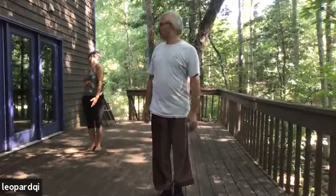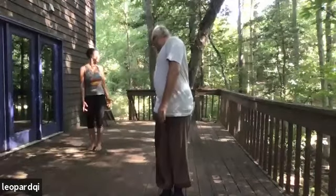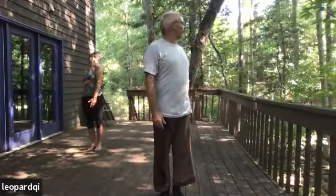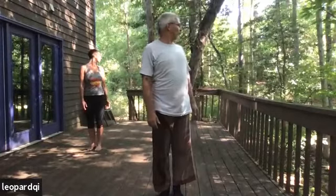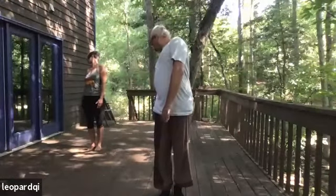And then looking over our right shoulder, and then turning the shoulder as far as we can, looking down towards the feet, lifting the back into alignment, and then rolling up through the spine. And as we do this, we're going to try and keep the pelvis facing forward. So the pelvis is almost twisting in the opposite direction of the back and the shoulders. And we're going to just try and keep that pelvis facing forward,